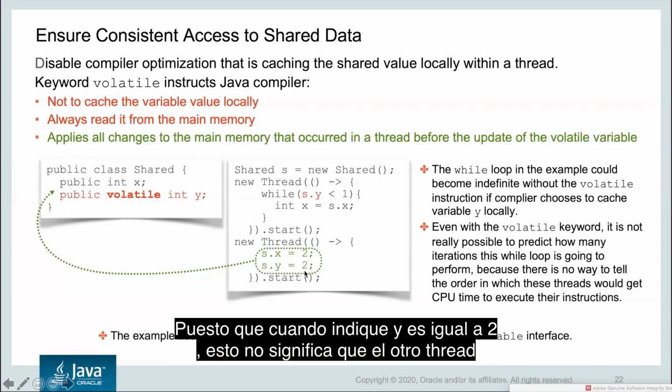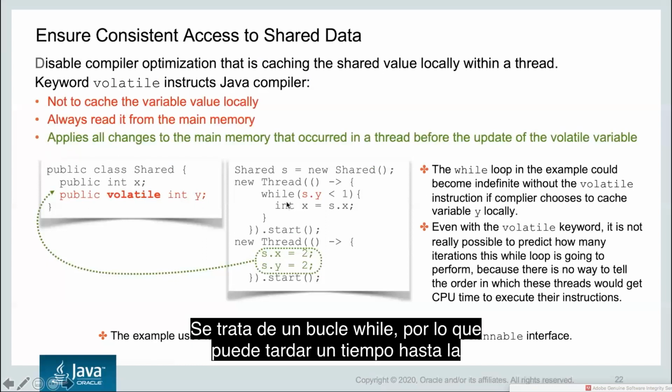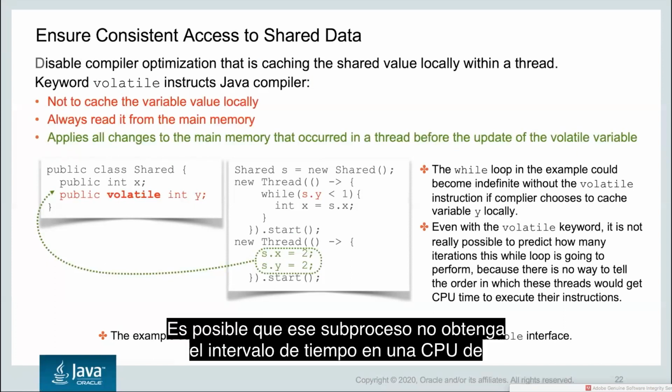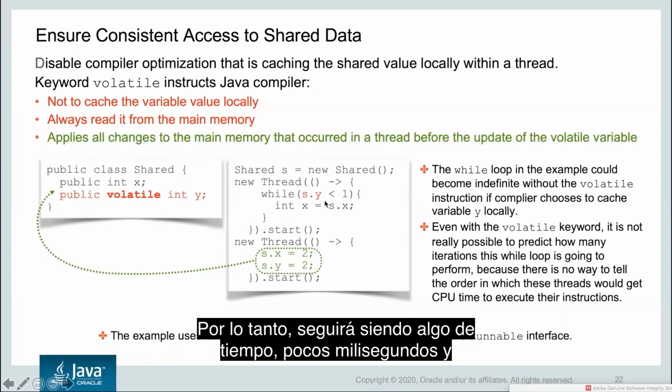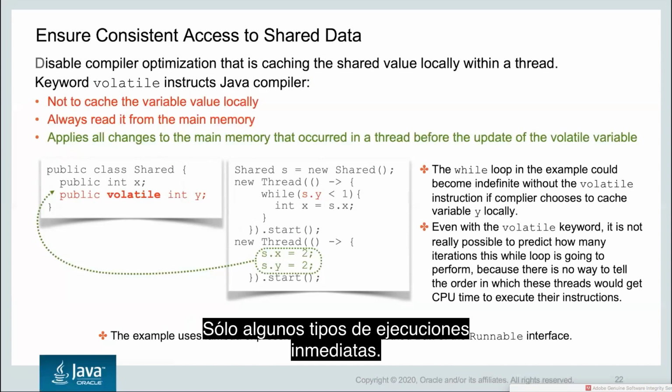Yeah, that's the problem. And the stochastic nature of the thread still has to be embraced, because when you say y equals 2, that doesn't mean that the other thread will react to that immediately. No. It's going in a while loop, so it may take some time till the next iteration. That thread may not get the time slot on a CPU immediately. So it will still be some time, a few milliseconds or nanoseconds, I don't know, just some kind of not immediate